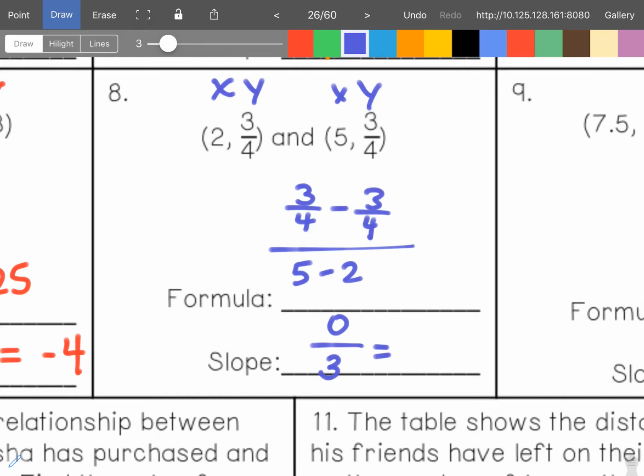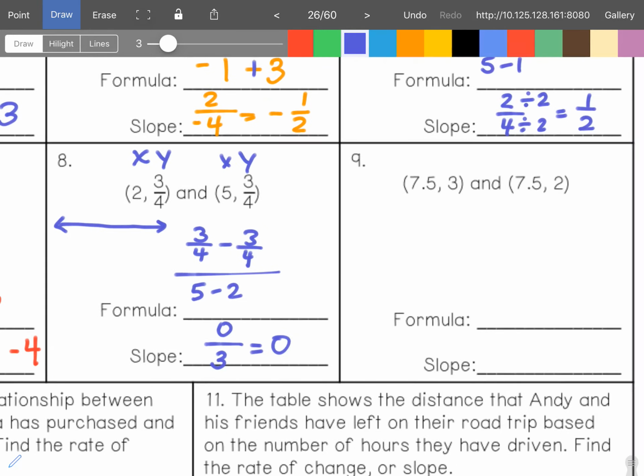0 divided by any number is always going to be 0. Remember, that means that this line for these 2 points must be a horizontal line. It has a slope of 0. Okay,